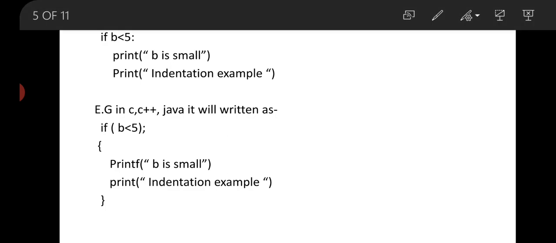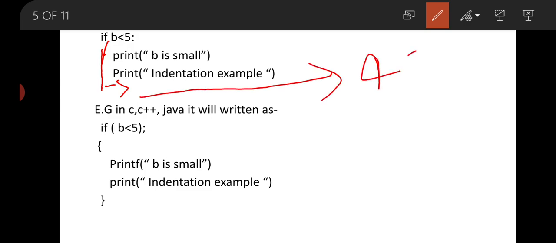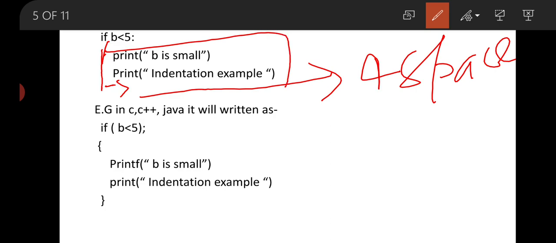Now if you observe this code carefully, you can see that the indentation of if is here, but the code written within the if block, the code written inside, is indented further inside relative to the if. That means this amount of space is 4 spaces, equal to 4 spaces together, and this whole part is called the if block.